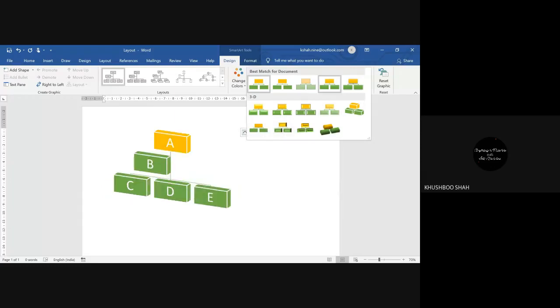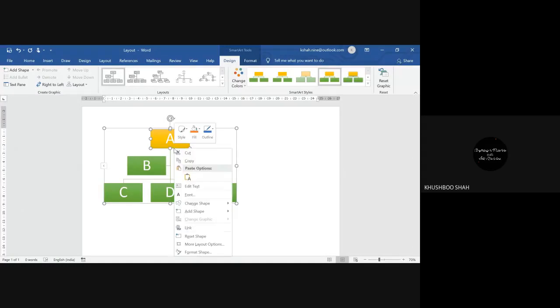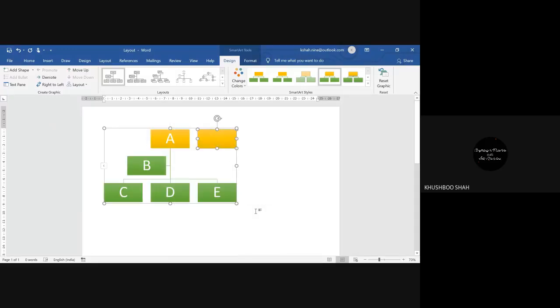And now if you want to add more sections, suppose I want to add a section, then simply select the one section, right click, and see here there is an option add shape. Add shape after, before, above, below, or add assistant. What do you want to do? So let's check add shape after. Okay, so it is on the side.